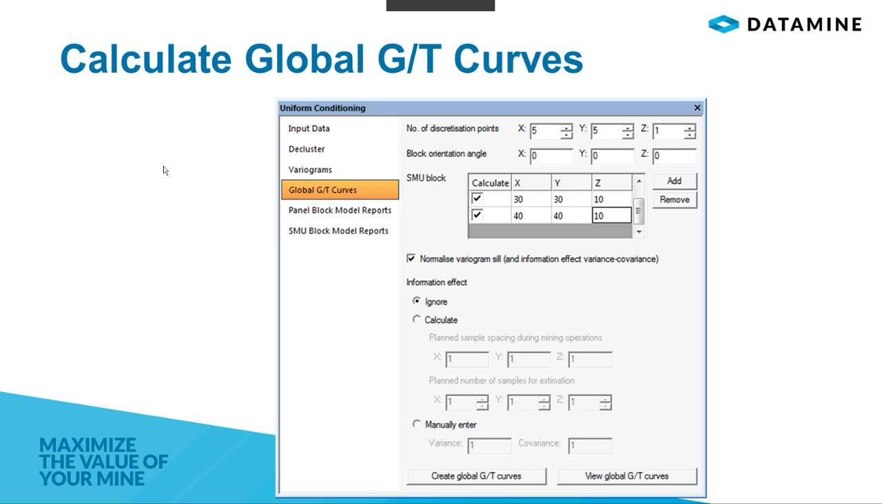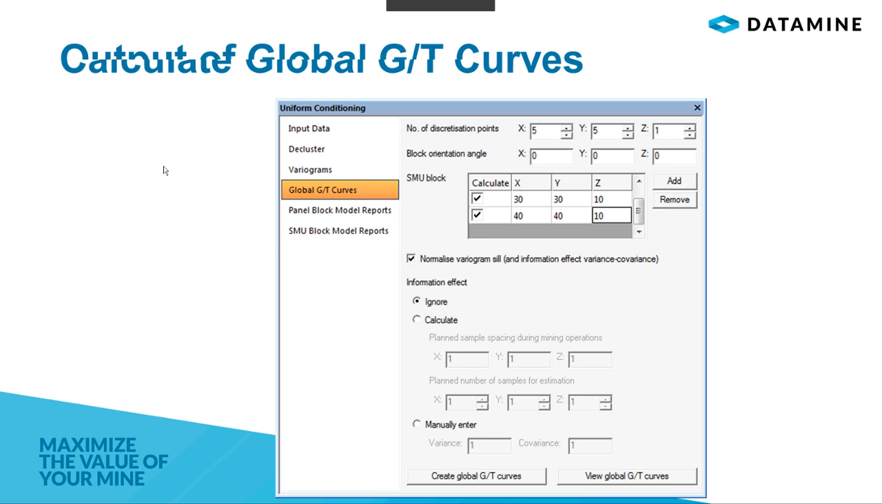Another part in the lower area of this dialog is the information effect. The information effect, we can choose to ignore, or we can calculate. This runs the change of support option, the new process which just runs in the background. Once this has been run, we can view the global grade tonnage curve,